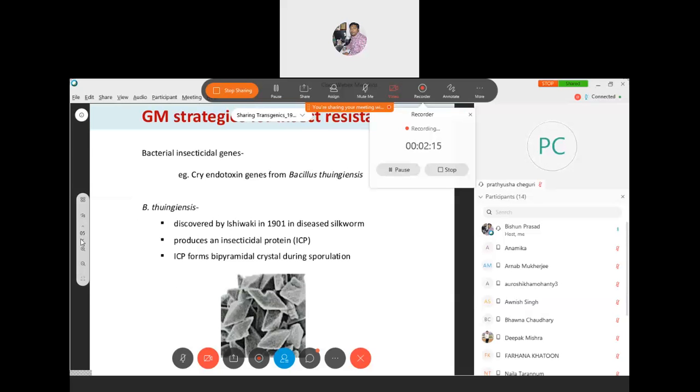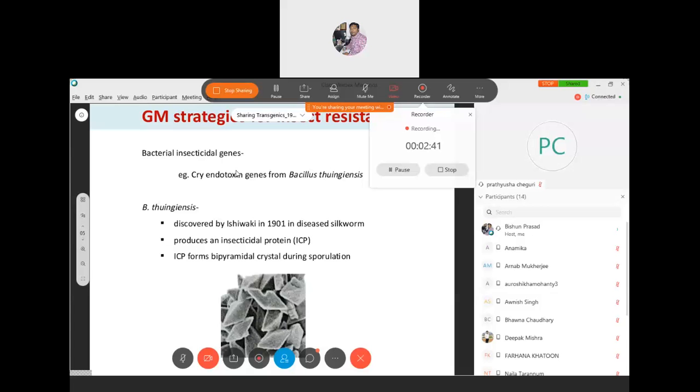So what is the GM strategy? GM is genetically modified organism. So what can this GM strategy give you? You all might be knowing about the Cry protein. Cry protein is a crystalline protein which is obtained from Bacillus thuringiensis. Bacillus thuringiensis is a soil-borne bacteria, and it contains the Cry protein, and this Cry protein will act as a toxin